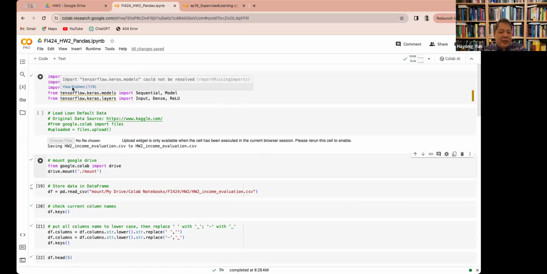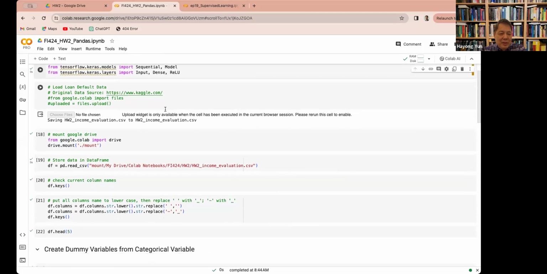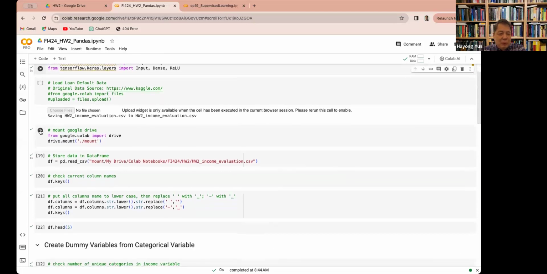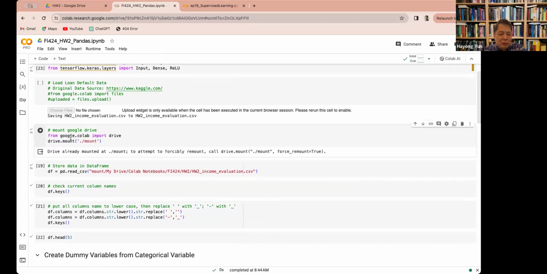And here is what we have done before. You don't need the TensorFlow for this particular example. I just copied them. I'm loading basically the file. So I have to first mount my Google Drive, of course. I already mounted it, okay. And then it's the HW2 income evaluation. So it's the homework2 file, the original file that you get from Kaggle